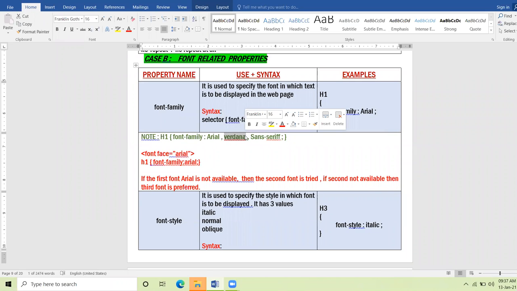If the second style is not available, then it will be displayed in the third style. So you can give multiple fonts in the font family. Clear?